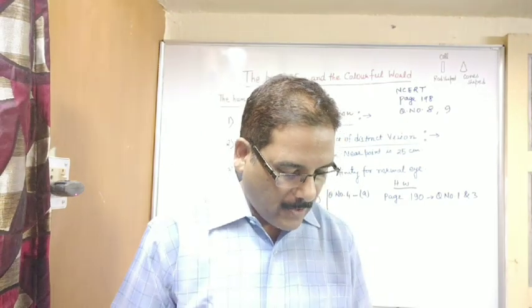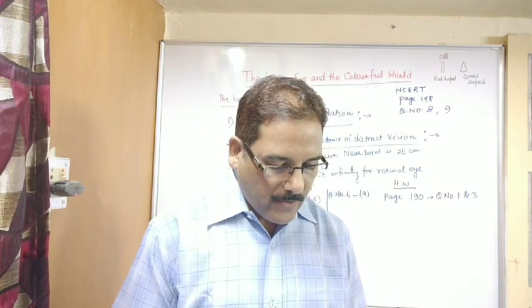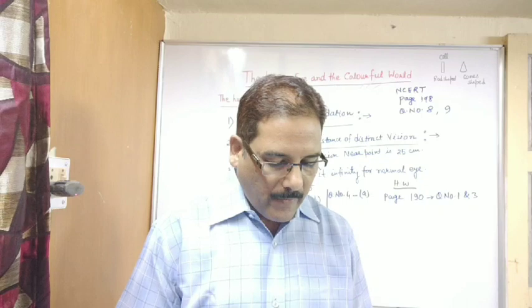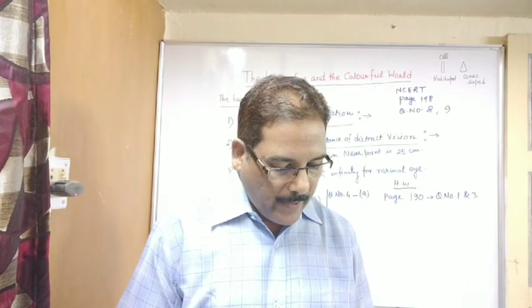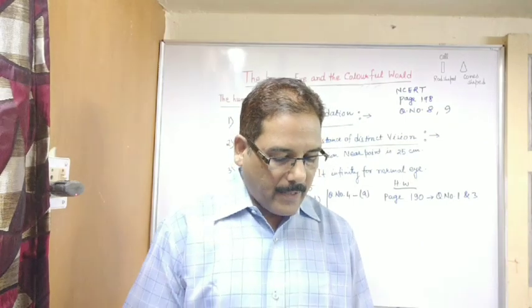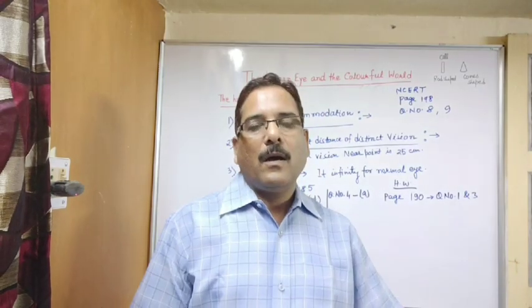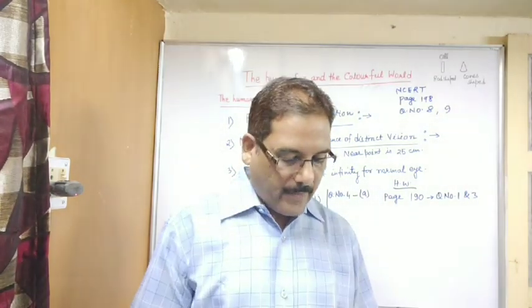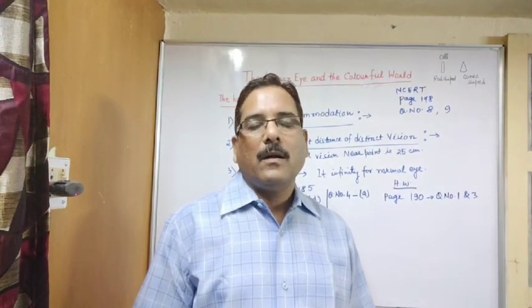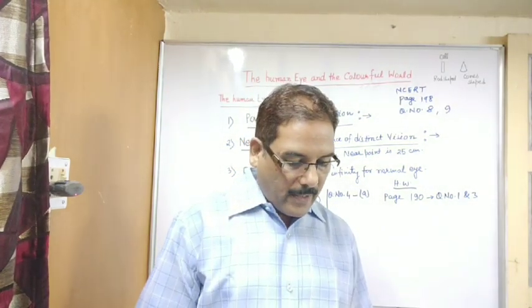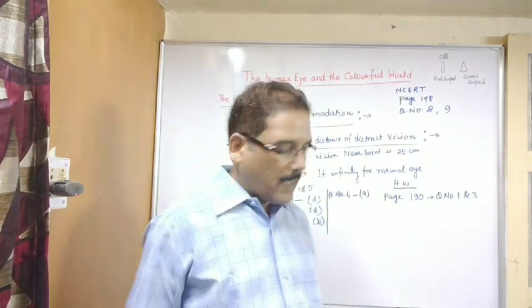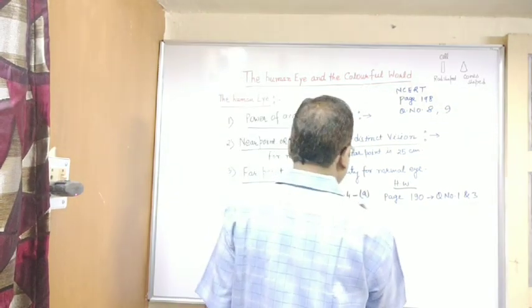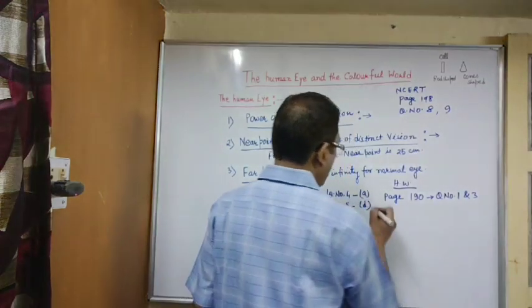Now fifth question, no matter how far you stand from a mirror, your image appears erect. The mirror is likely to be, it may be either a plane mirror or a convex mirror, because in convex mirror all the images are virtual and erect. So the D option is the correct option. So 5 answer is D.